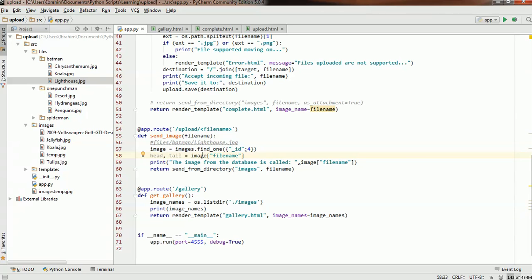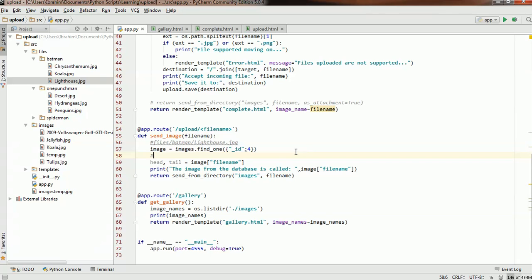Now, we've seen that the file name, the way we're storing it in the database, is basically files/Batman/koala.jpg. So what os.path will do,